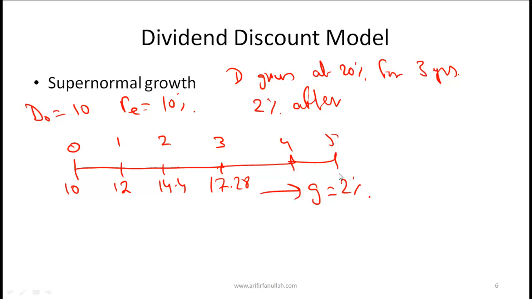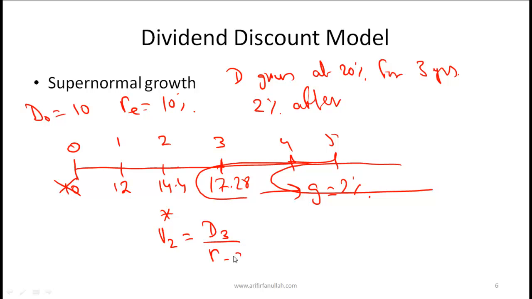Now the way we solve this problem is to calculate the value at time 0, we have to get the present value of all future cash flows. Remember, once D naught has been used to estimate the future cash flows, then you do not include D naught in your calculation anymore. So in this case, what we need to do is actually at time 2, so at this point in time, the value of the share or the present value of all subsequent cash flows, so I can say the value at time 2 of all these cash flows can be given by D3 over R minus G. So value at time 2 of all the stuff that I have put in the oval is equal to D3 over R minus G, which is equal to